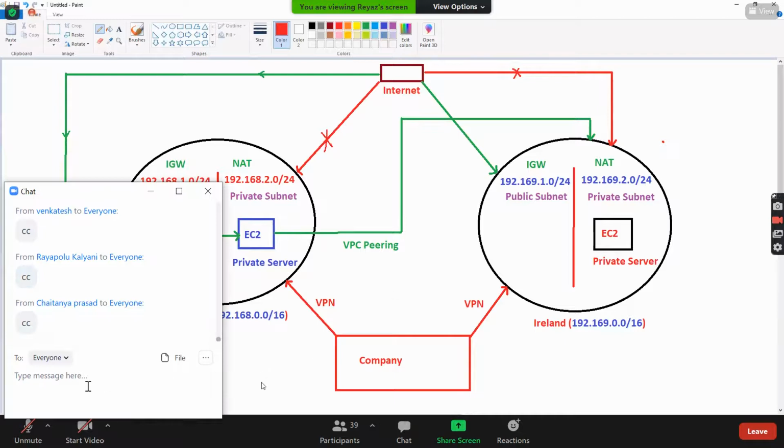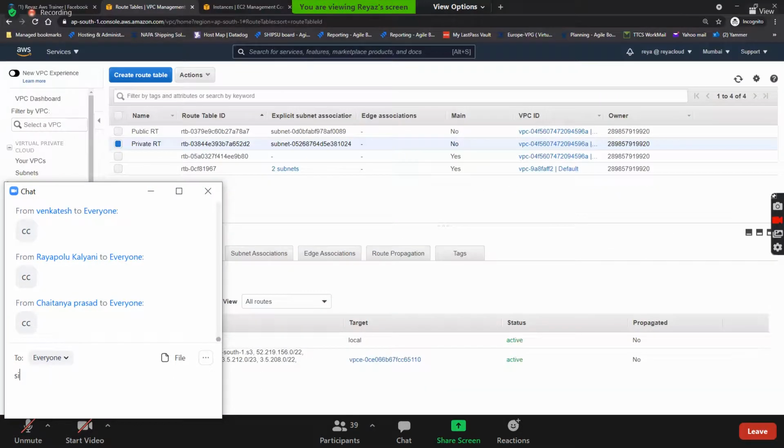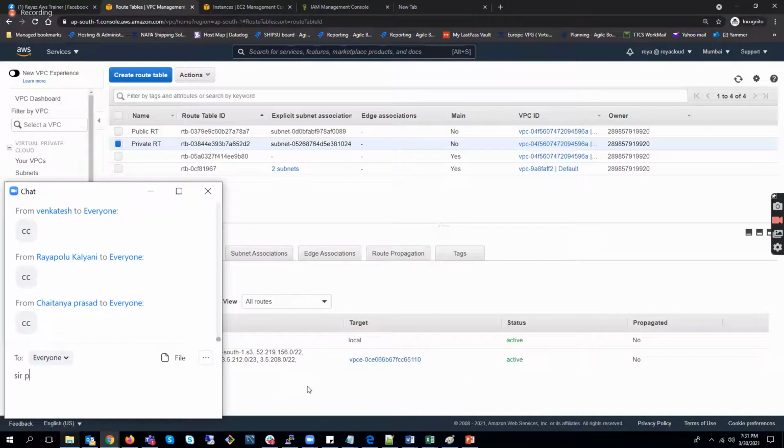And meanwhile, I'll send you the document on how to set up the VPC, step by step. You can use that document and then do the practical. What do you say? Yeah, send me an email, Srikant.